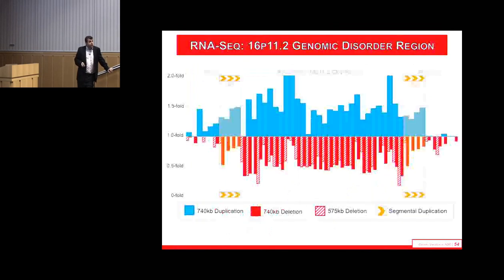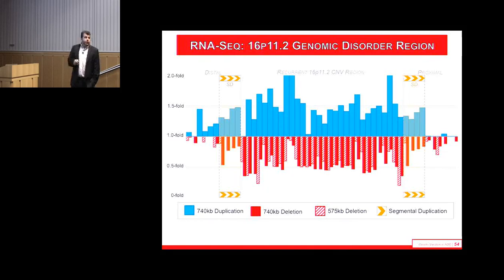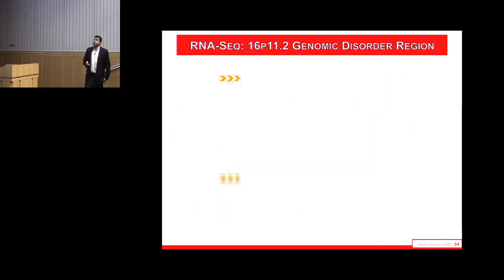When we look at the region itself, it looks exactly like I had shown you that the in vivo state looks like. Basically, all the deletions go down. This is RNA-seq data. All the duplications go up. And within the segmental duplications, the duplications go up, the deletions go down, and these 575 kb deletions disrupt basically all the genes within the region and none of the genes within the segmental duplication. So it looks like we have actually induced NAHR-mediated repair that disrupted one set of genes in the segmental duplications and the genic region itself.